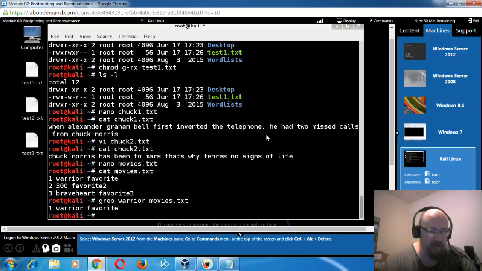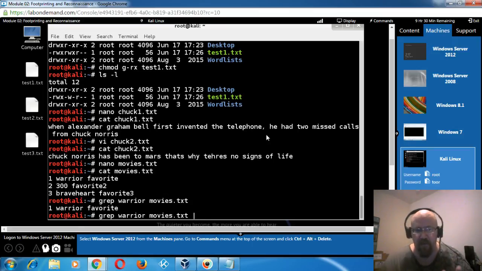Now, what about if I just wanted to find the particular word and I knew, for instance, the column that it's in? So in this case, it's in the second column, so I can say grep warrior movies.txt, and then I can use something called a pipe symbol. Pipe symbol allows me to take the output from the first command and put it into the next command. So whatever the values are for this first text, which is what you see above, gets put into this next